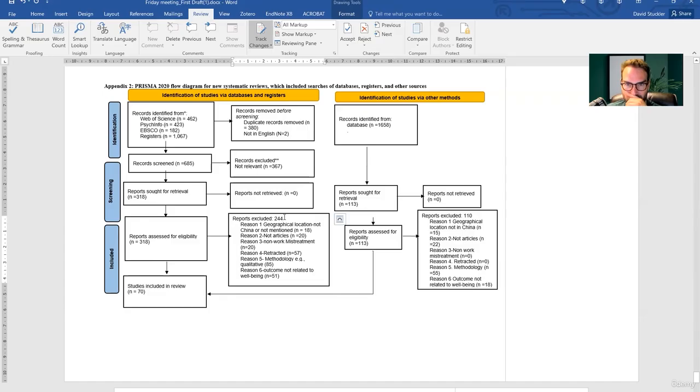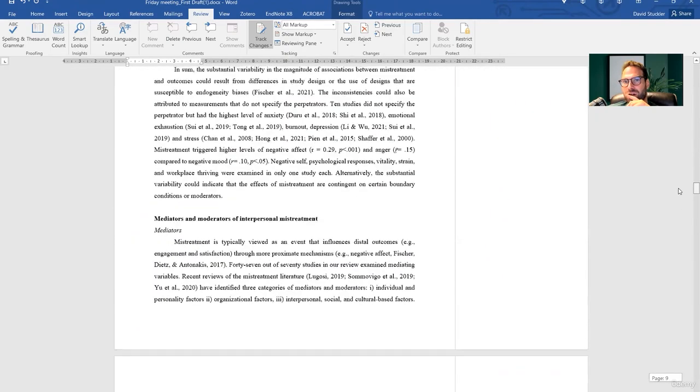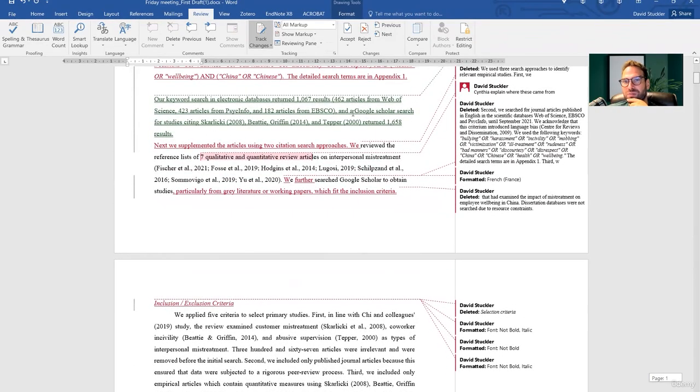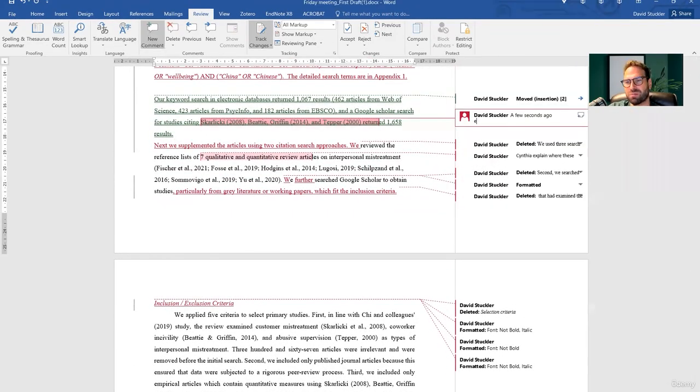The numbers aren't adding up. You have 318 minus this, which leaves you 74. And here you excluded 3. So this is a total of 77. This is a very common thing in your PRISMA: make sure your numbers add up. Cynthia, you've got to check this because something's off here. This looks like you pulled in 3 from this branch and 74 from the left branch. And that's something we need to clarify anyway here. You've got to explain, because this is a bit unusual. Explain why you searched for all the articles citing these 3 papers.